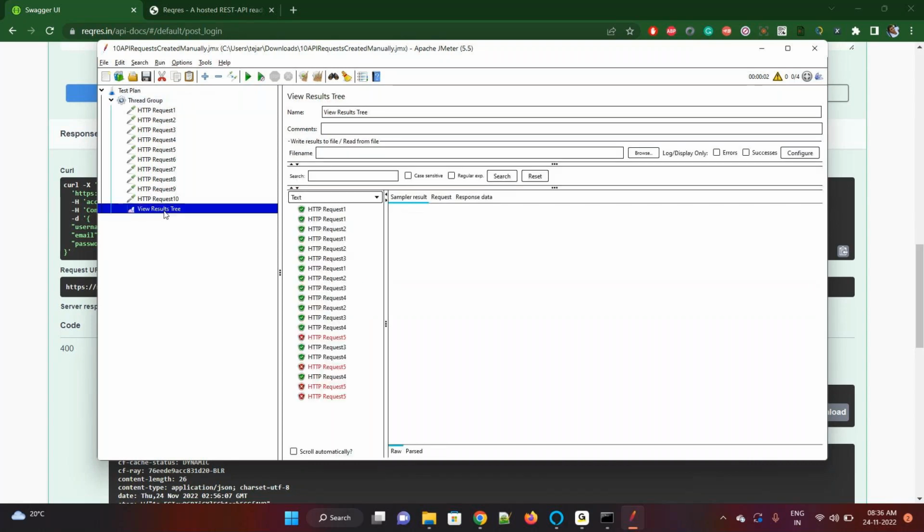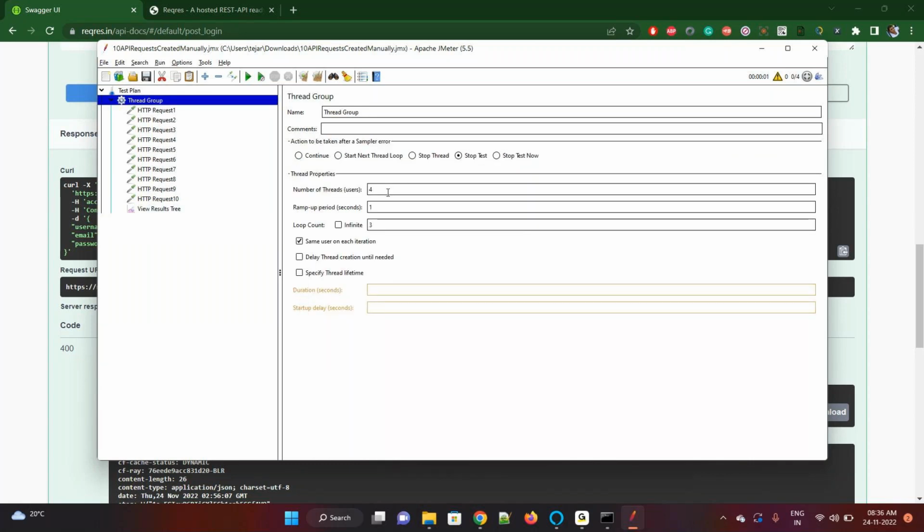Let's run and see. See, it detected the error and it stopped the entire test immediately. So to understand much better now, if I give some gap,